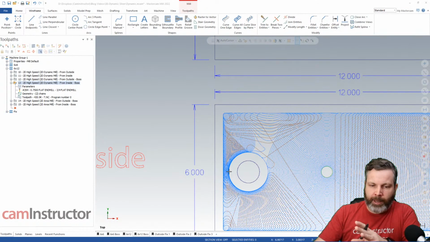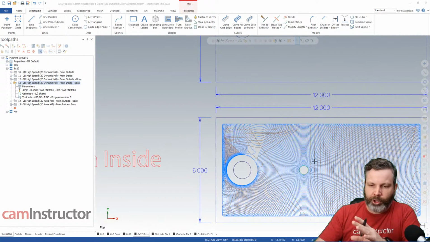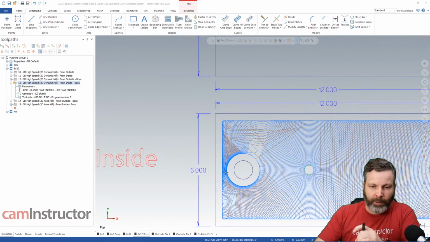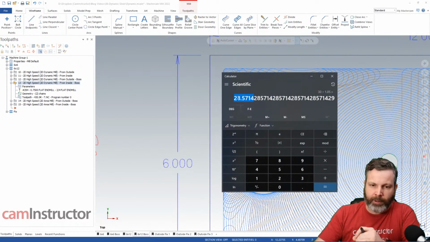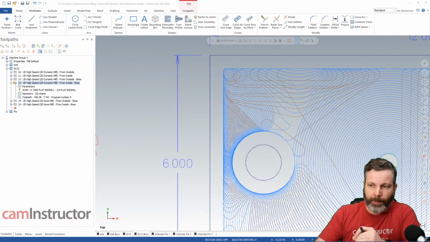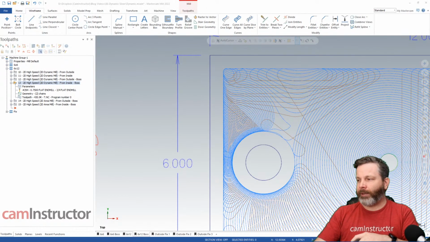So according to that, to maintain this chip load that I intended to program with 100 inches per minute, in this section of the toolpath in here, I should only be feeding at 30 inches per minute. I'm feeding at 100 inches per minute. Okay, so as you can imagine,